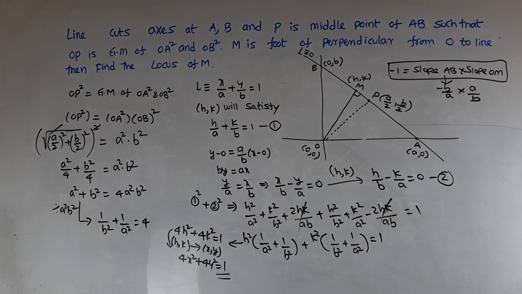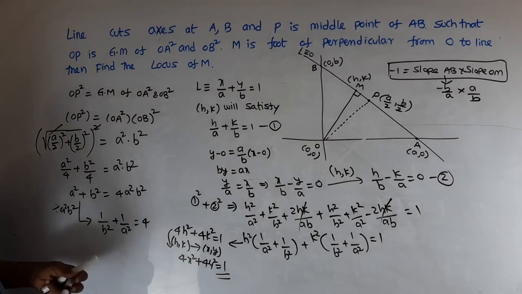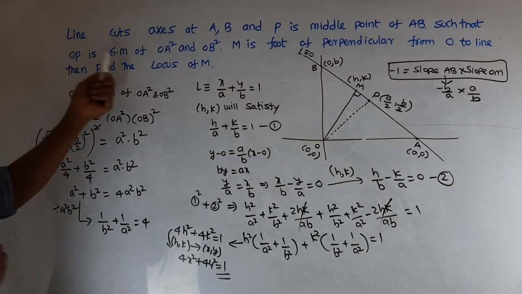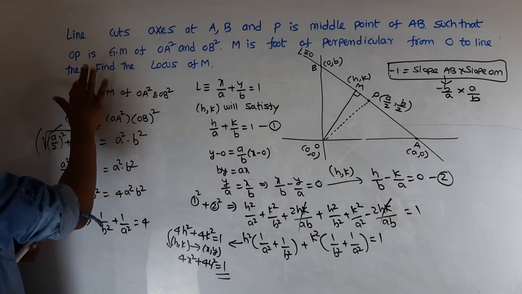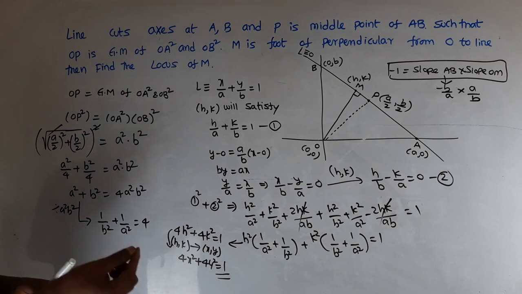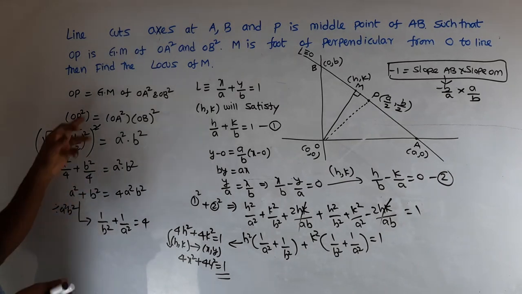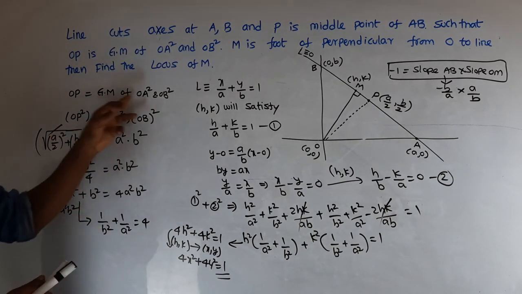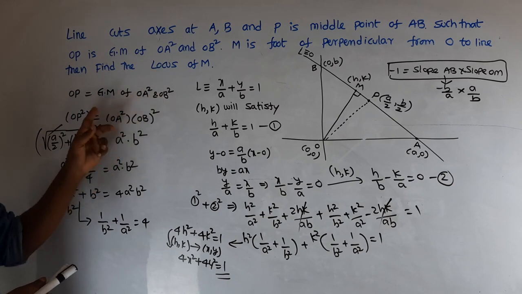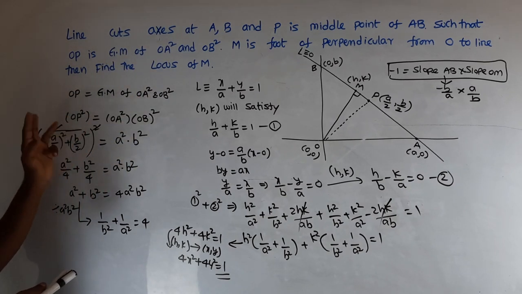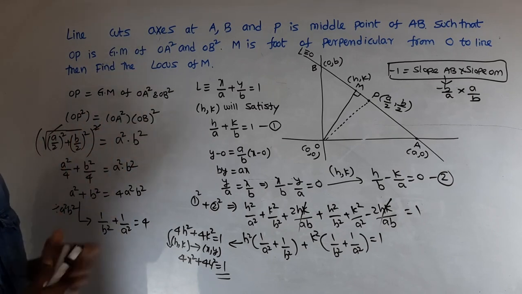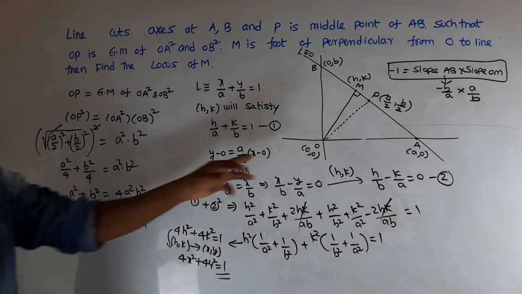So because of a mistake in the question, we made a mistake. Here OP is a geometric mean of these two. Taking OP square caused a little bit of confusion. So OP is the geometric mean of these two. Geometric mean of these two is the square root of OA square into OB square. Square on both sides, we get OP square equal to OA square into OB square. So we can calculate OP.